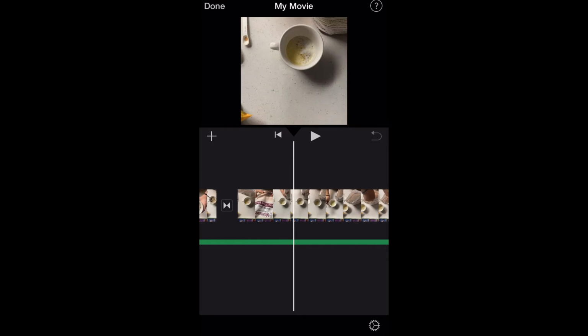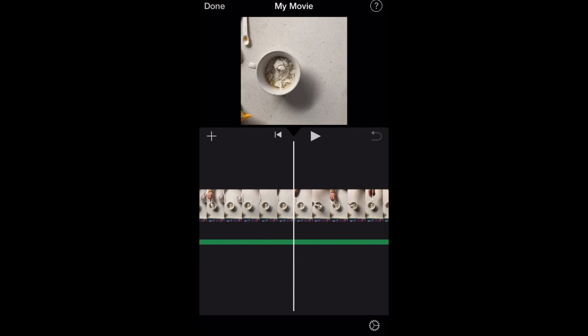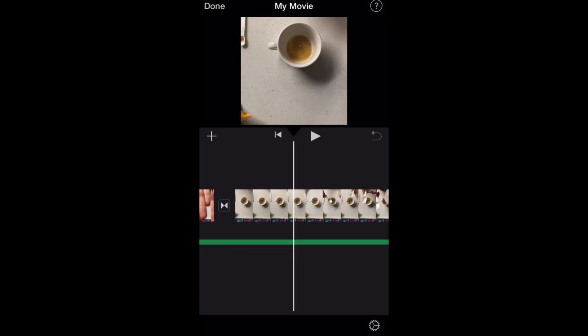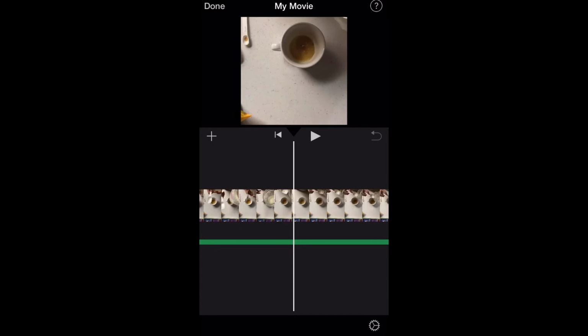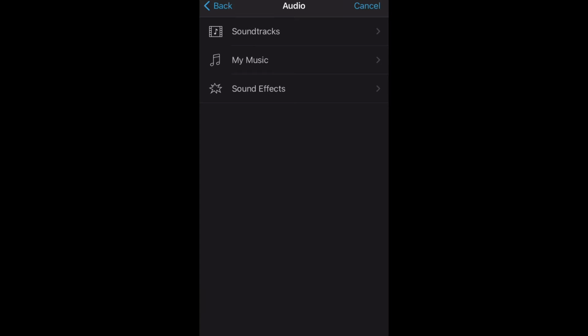Just make it so that you can mess around with it and try anything out to see what it does. Definitely, I suggest this because it helps you learn your way around iMovie or any other editor app you have. Here I am at the actions you can access if you press the plus in the middle of